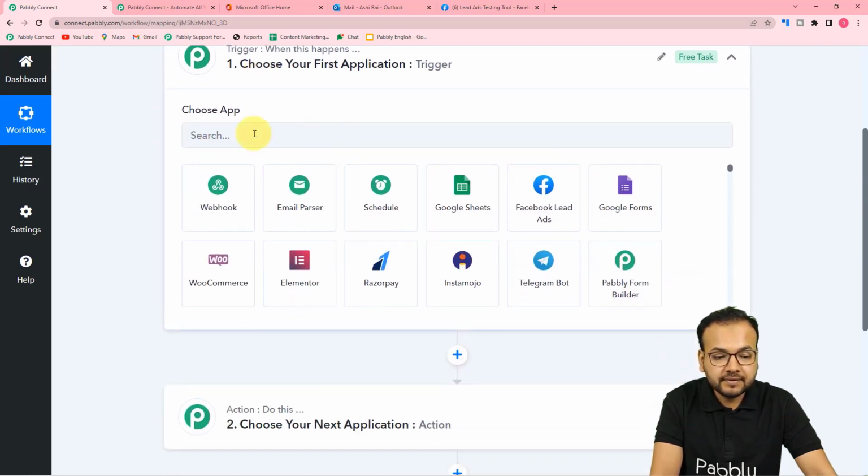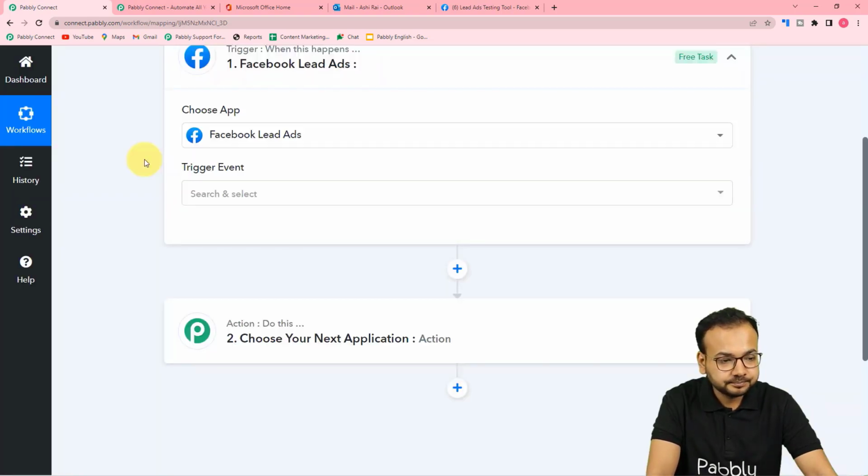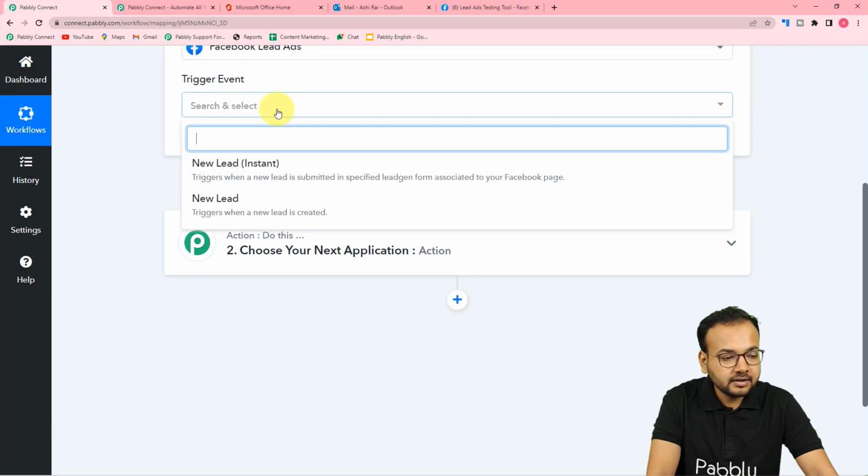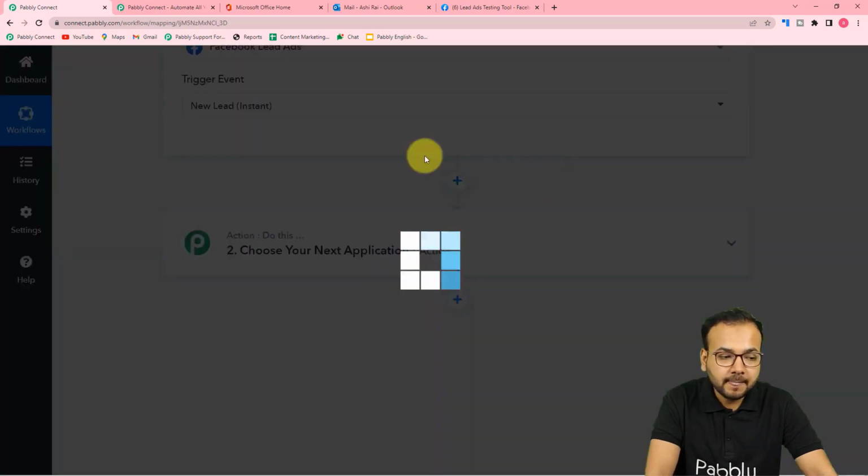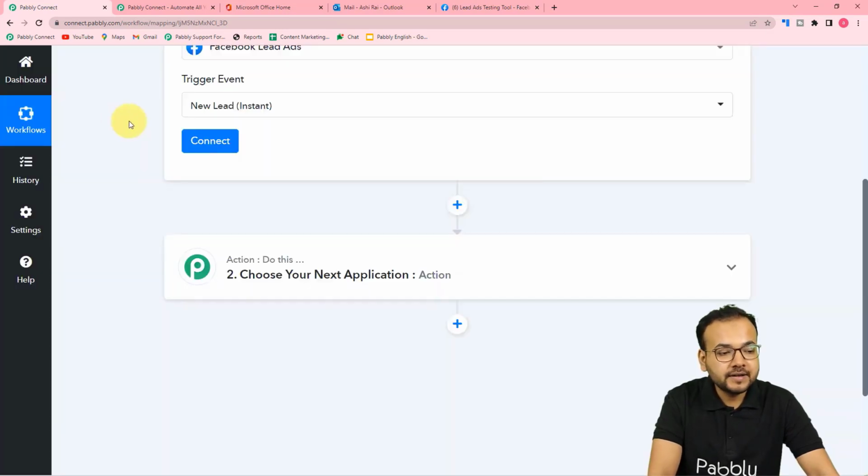From this choose app field, choose the trigger application as Facebook Lead Ads. Here you will find it, select it. Okay, and in the trigger event you have to select this New Lead Instant option. So it will trigger when a new lead is submitted in a specified lead generation form associated to your Facebook page. Okay, so on a Facebook page you can run a Facebook ad, and in that ad you can attach